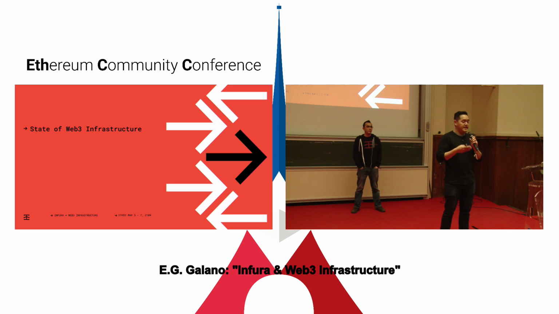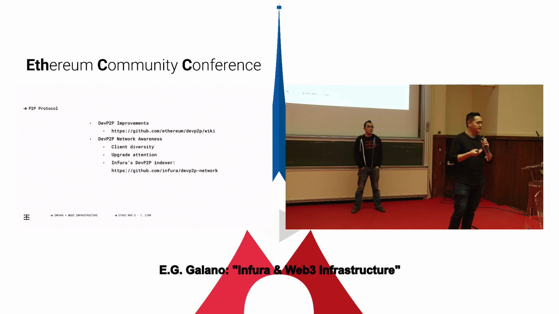So with that, let's talk about the current state of Web3 infrastructure. The current state of Web3 infrastructure for Ethereum is that our underlying peer-to-peer protocol is called DevP2P. It's a combination of the discovery of how your client, when it starts up, connects to nodes on the network, and then the Ethereum sub-protocol built on top of that that defines how that data is shared, whether that's you submitting a transaction and it propagating across this network, or how your client receives new block information and keeps in sync with the network so that you can participate in it.